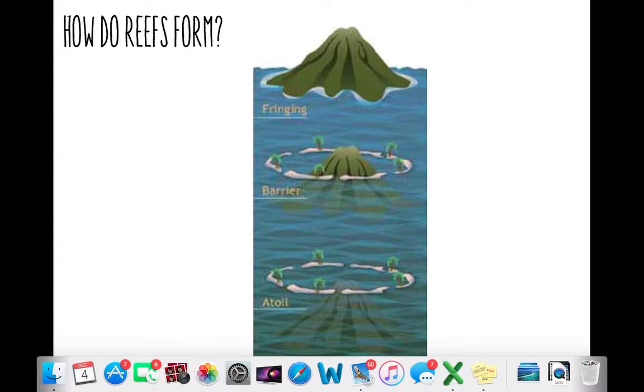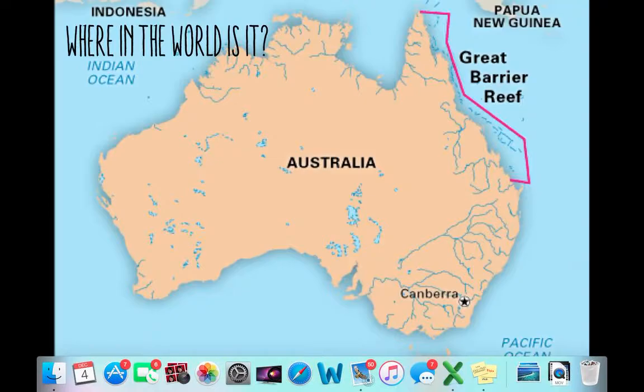As the corals grow and expand, these reefs begin to take one of three major characteristic structures. They become either fringing, barrier, or atoll. So this is an exponential process, meaning that it happens over time and it gets bigger and bigger naturally. Okay, so now that we have a quick reminder about that, we're going to talk about the Great Barrier Reef